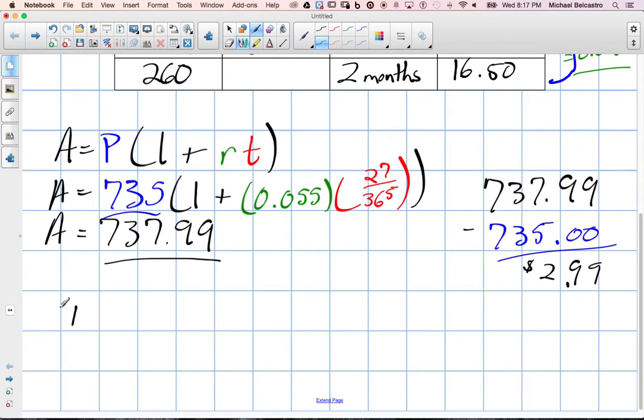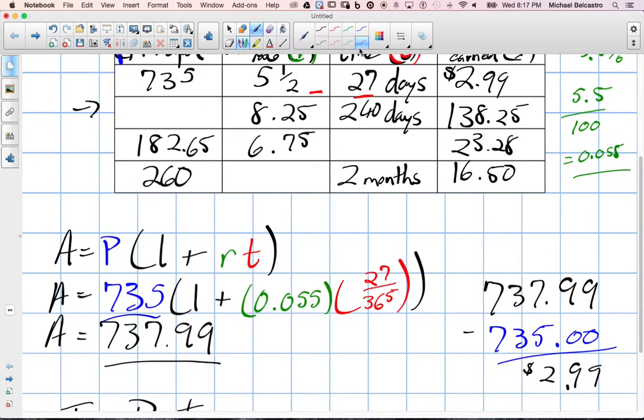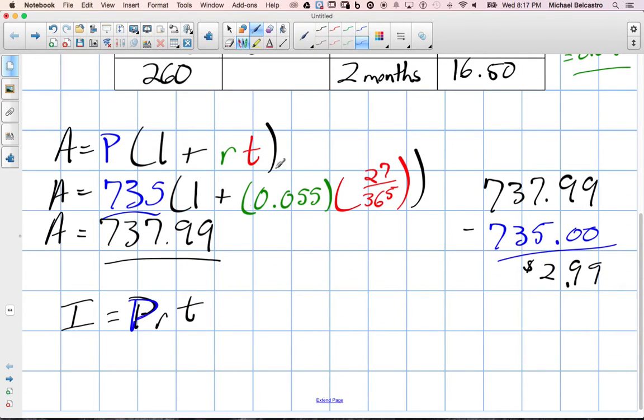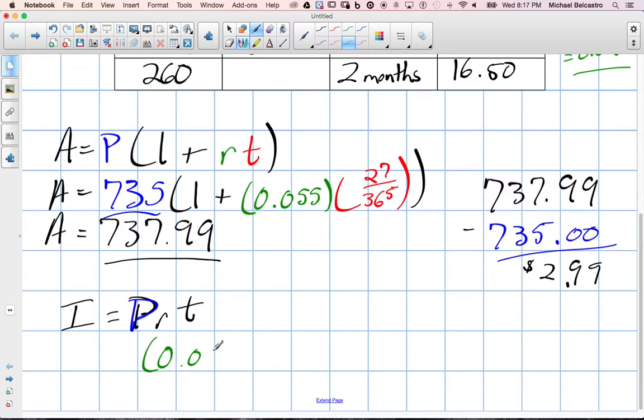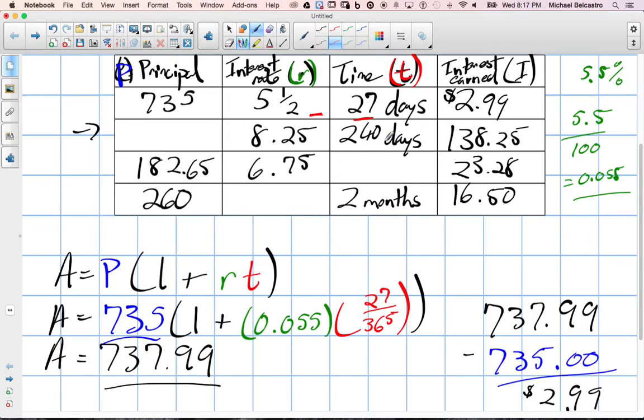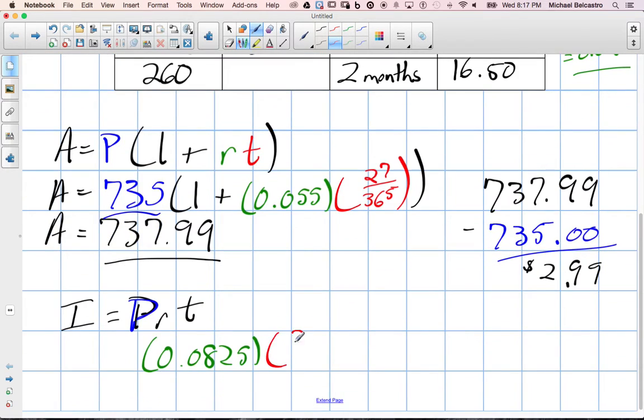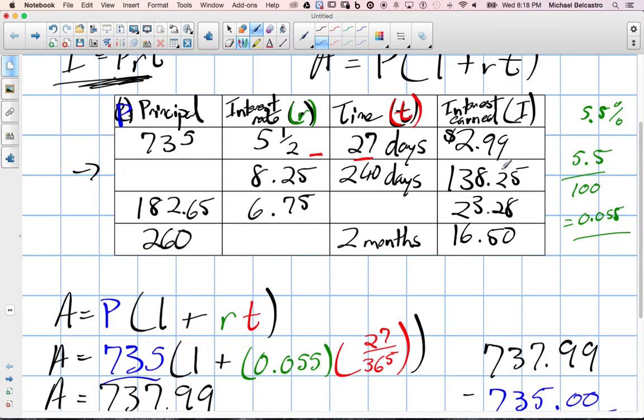So the I formula is equal to PRT. Well, P is unknown, okay? So we have P we don't know. R in this case is 8.25 divided by 100. So R is 0.0825. Time again is funny, 240 days, and we're going to assume it's per year, so 240 over 365. Okay. The P is still unknown, and the interest earned, so they told us is